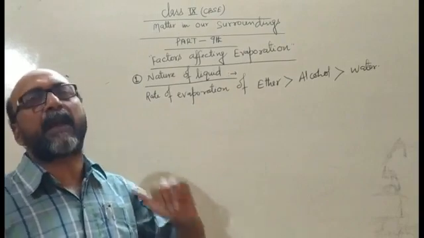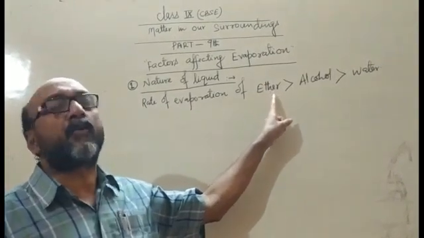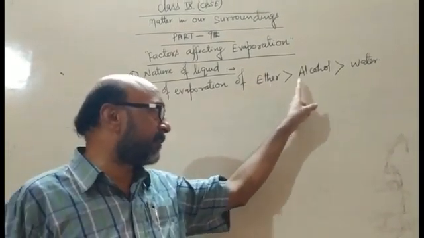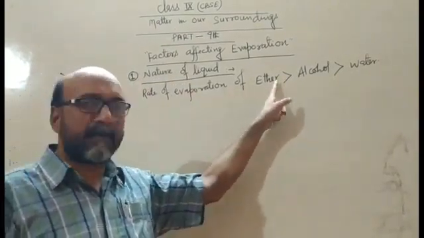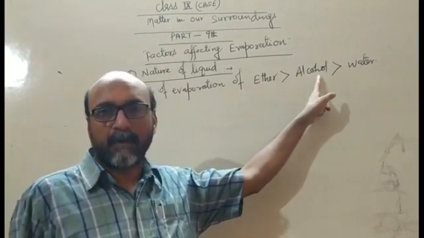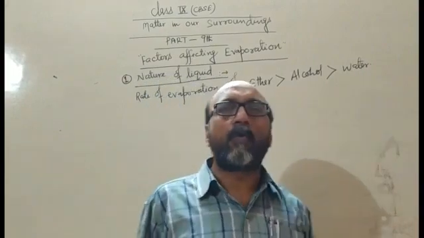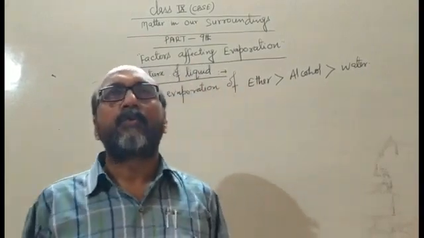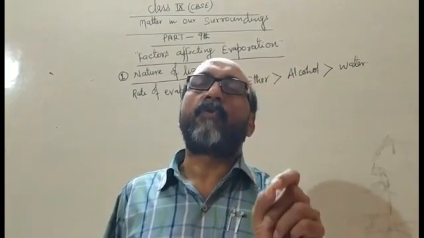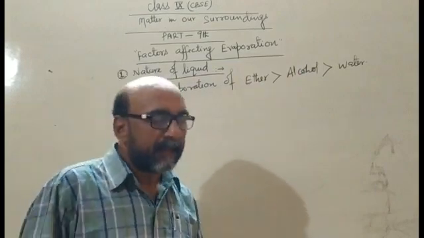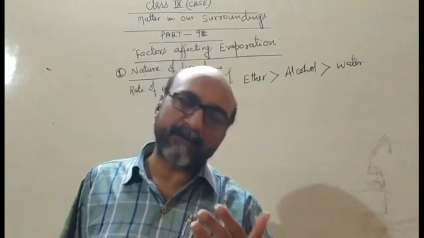An example we have discussed, taking three different liquids, ether, alcohol and water. The rate of evaporation of ether is faster than alcohol, and the rate of evaporation of alcohol is faster than water, due to different interparticle forces of attraction. The second factor which we have to discuss in this video is